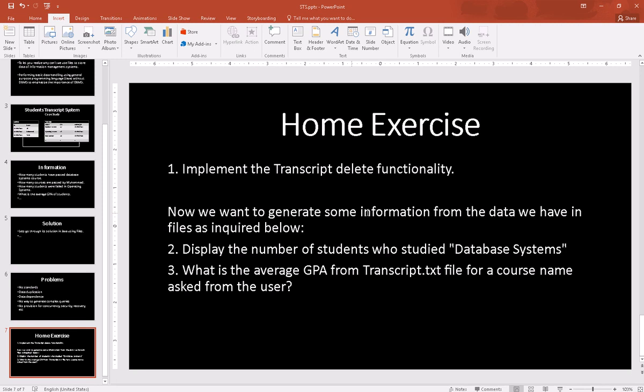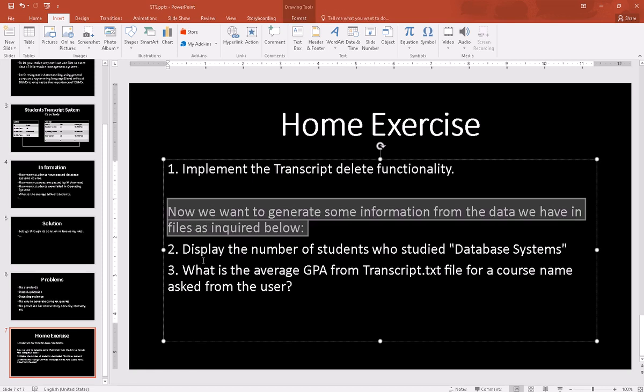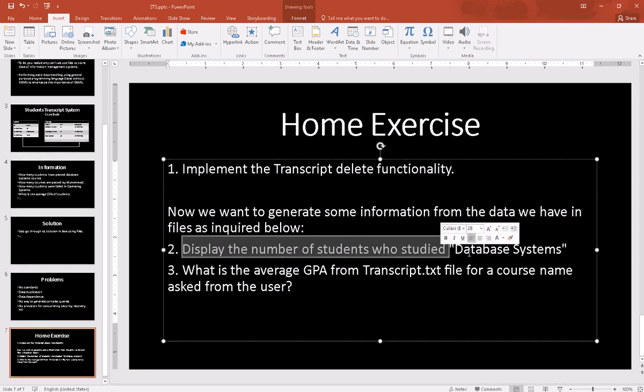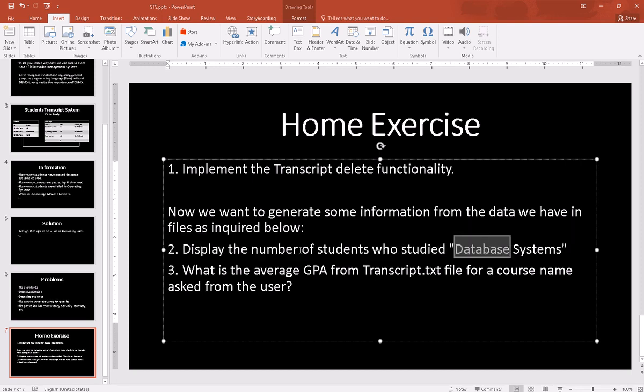Now we want to generate some information from the data we have in files, as inquired below. You have to do these two more tasks. The first task is to display the number of students who studied database systems. I have already given you the solution for this actually.